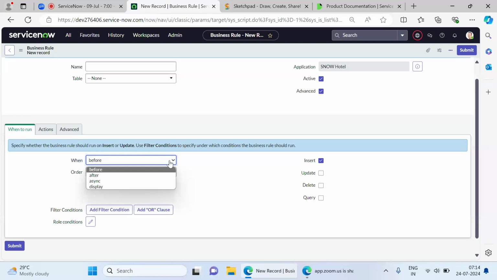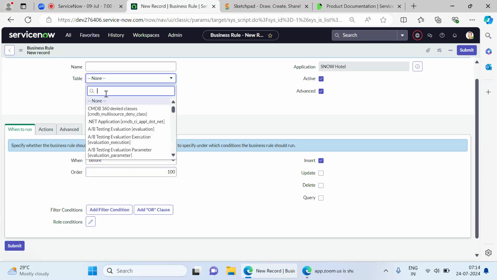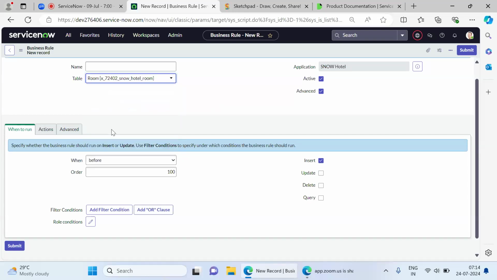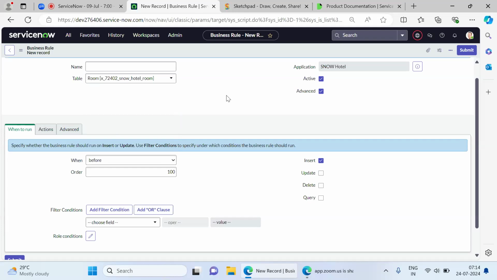So if it's before, so before filling the form, it will be getting the rule, or what? No, that's what. Okay. So let's say I have configured this business rule on the room table. And we are going to add new rooms into our room table. Now, whenever I open the form of the room table, let's say,